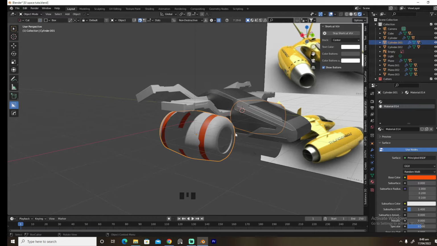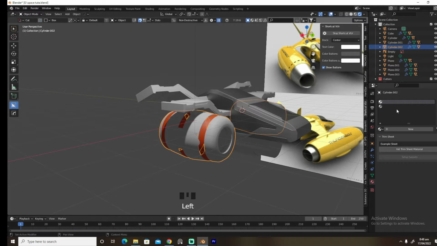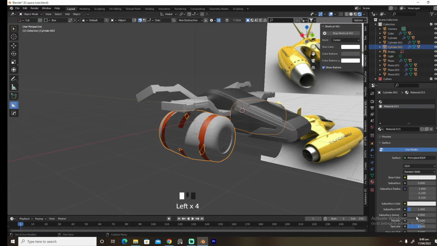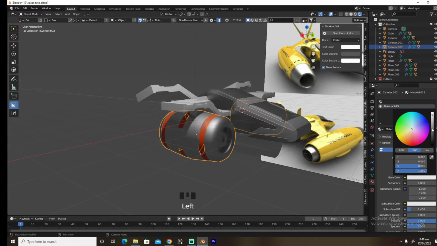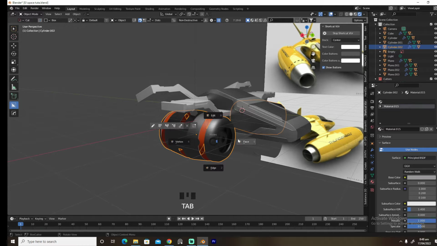I'm gonna keep this orange, and we are going to keep this metallic, and I'm gonna bring the base color down to right about here, and I'm gonna select this guy,